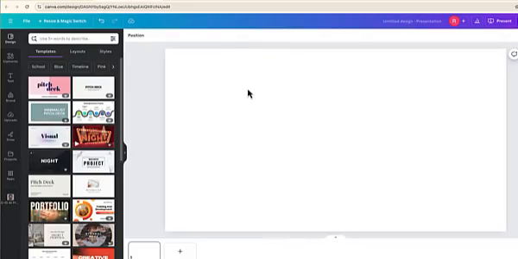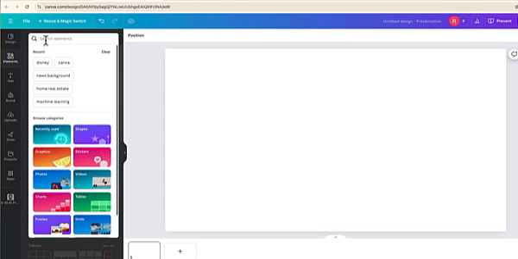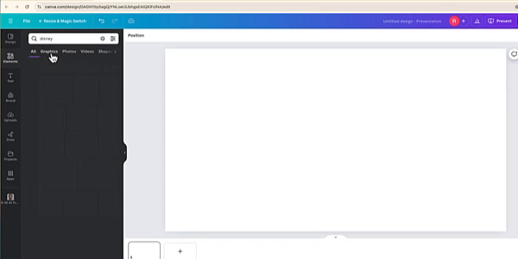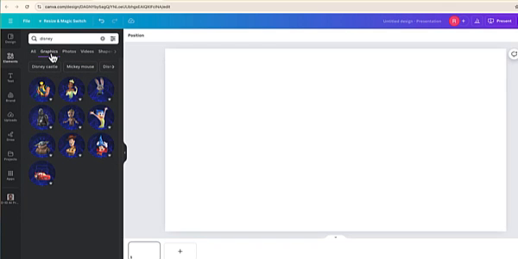So if you open any Canva design, for instance, this is a blank one, and go over to Elements, you're just going to search for Disney. And as you search for Disney and select the graphic filter, you will see all of the D23 characters that